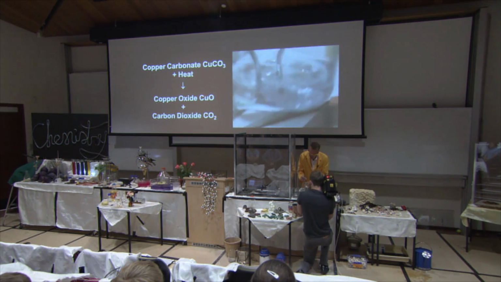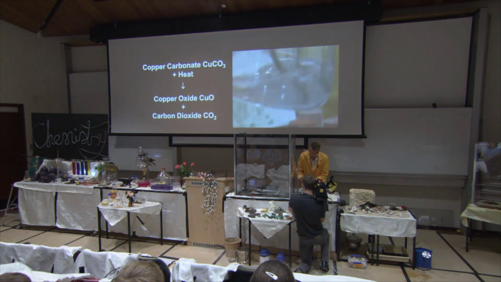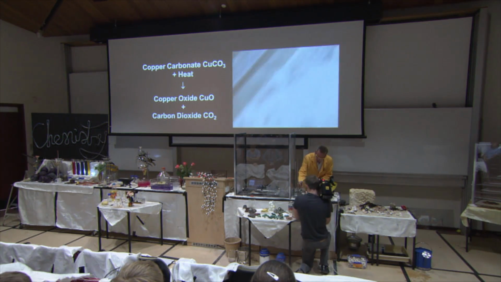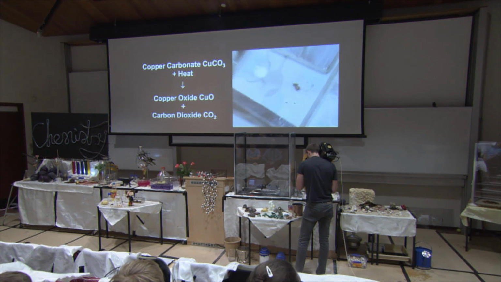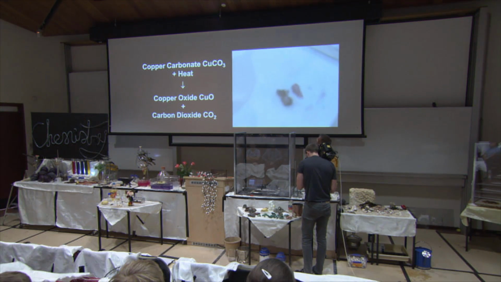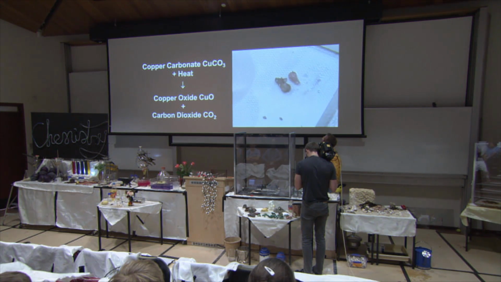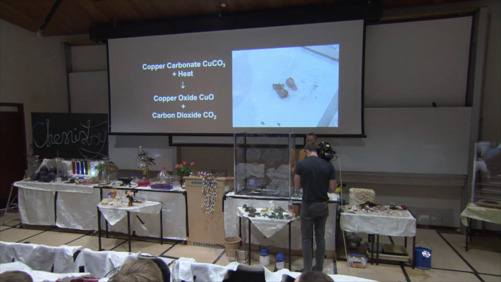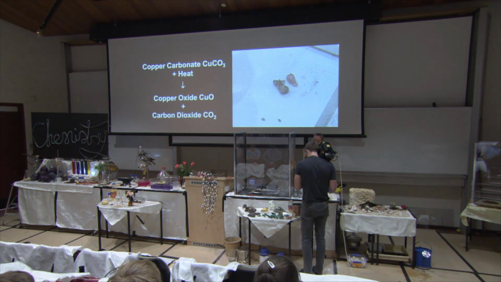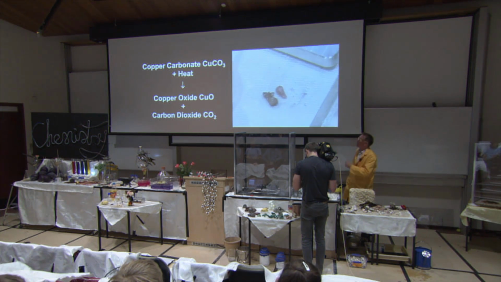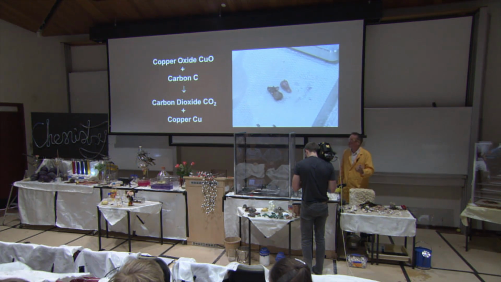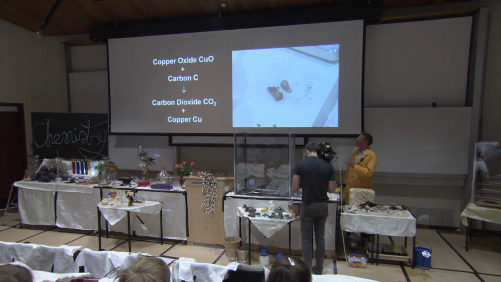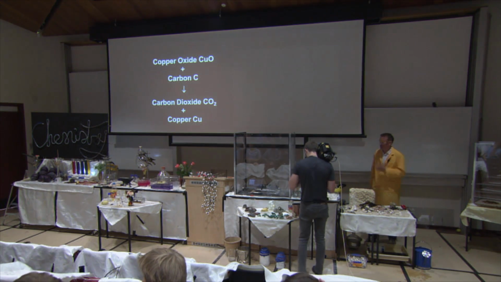And you can see, I think, that what we've got now is a nice piece of copper. It's still a little bit mucky, but here's a piece that we did from the previous lecture. Okay, and you should be able to see that what we've got there is copper metal. And that has just been made from the naturally occurring copper mineral, the malachite, the copper carbonate. So we heat up the carbonate, drive out the carbon dioxide, make copper oxide, and then we use the carbon there to steal away the oxygen from the copper oxide to leave the copper metal. And that's what we've made.